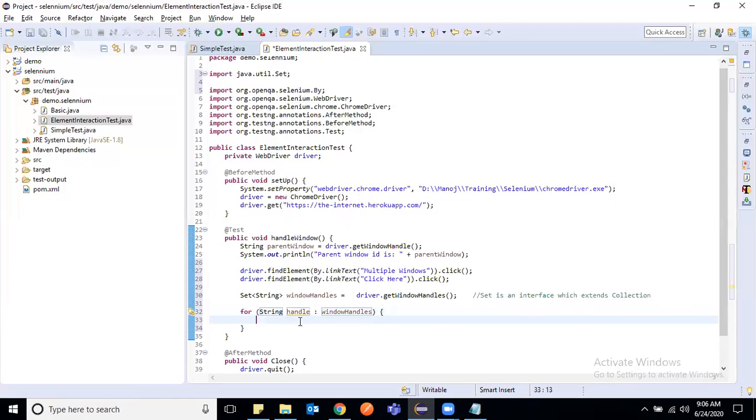Let us print this. I will write window handle is, and then print handle. Let us run this.